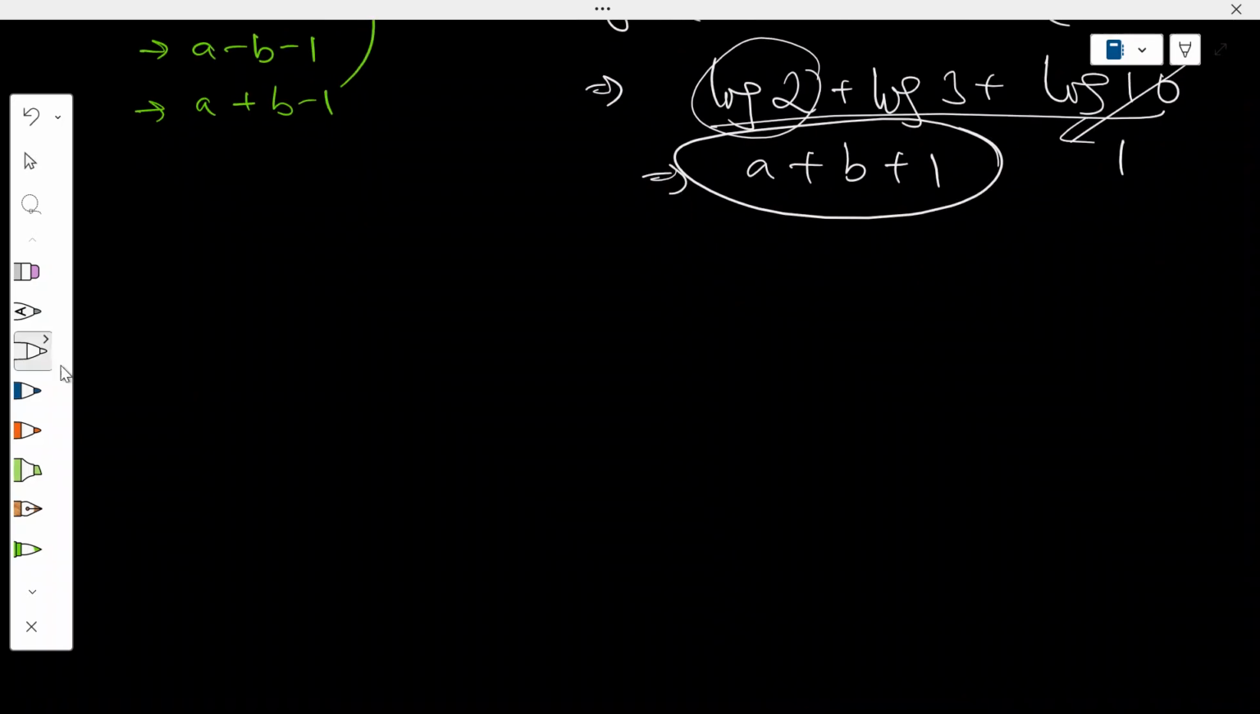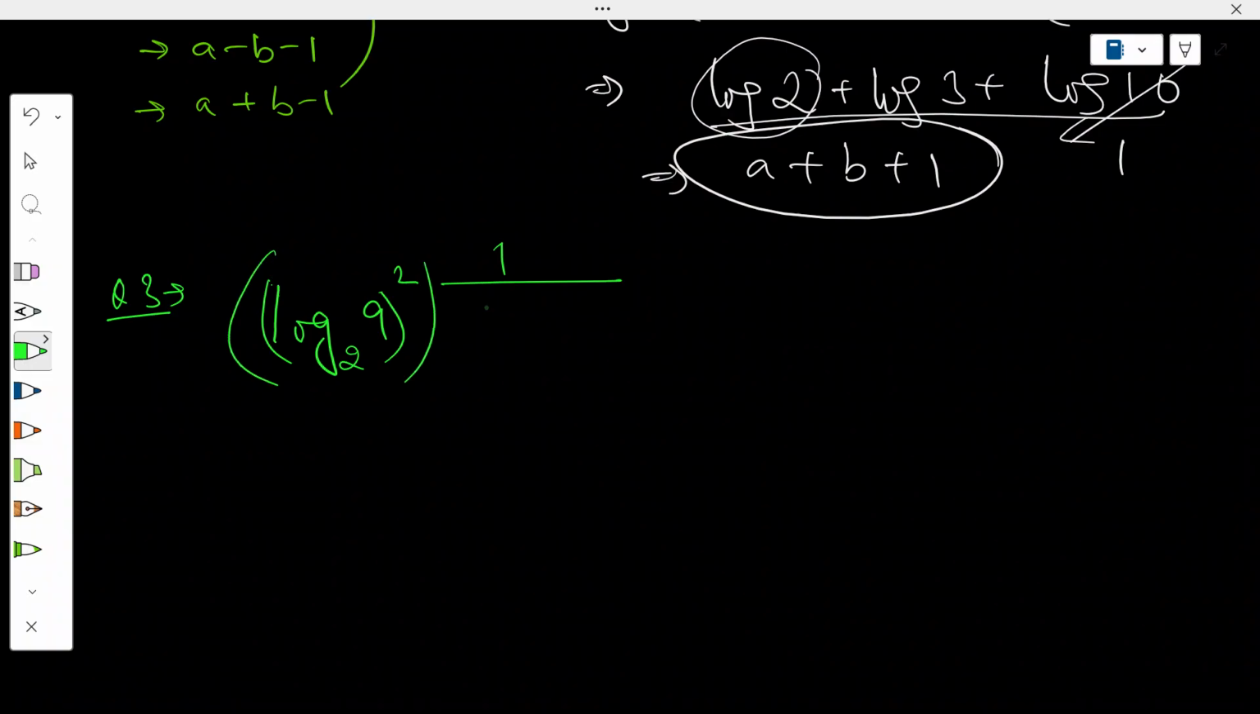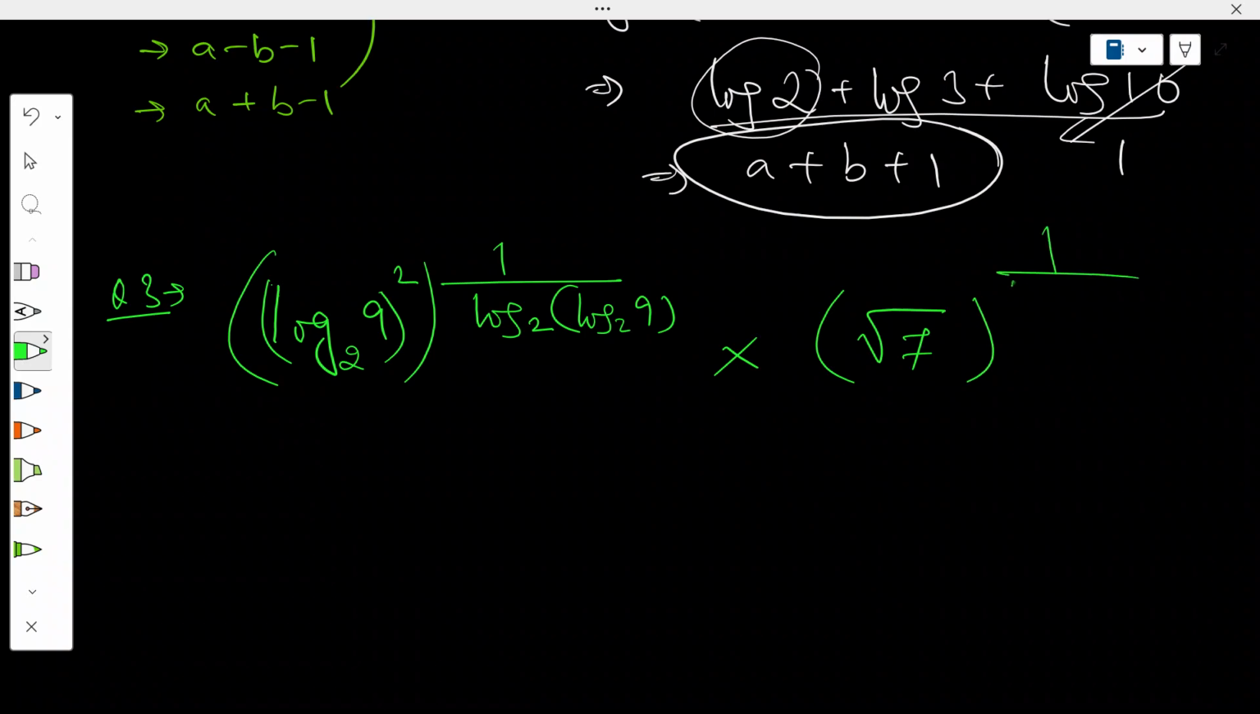Third question that we are going to discuss is, if you have to find the value of, and this question appeared in JEE Advanced, log of log base 2 9 whole squared, and in the power we have 1 upon log 2 log base 2 9, and this is multiplied with the number root 7 to the power of 1 upon log base 4